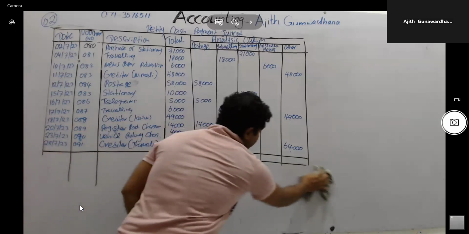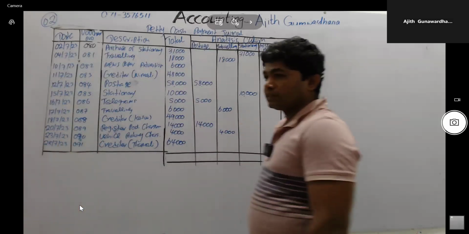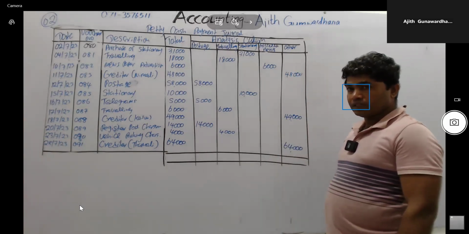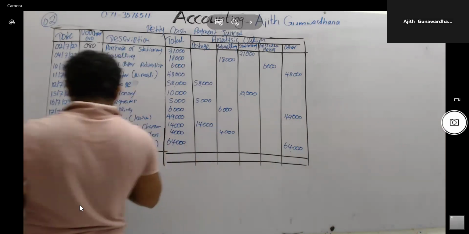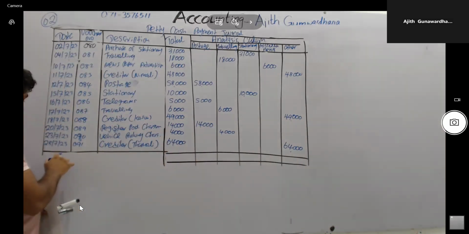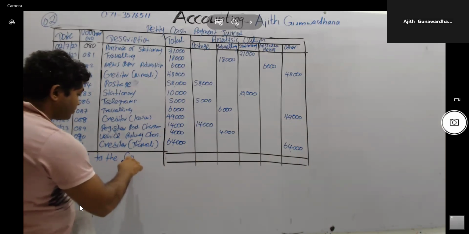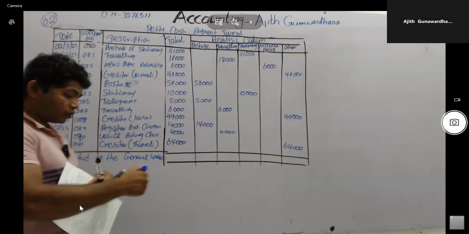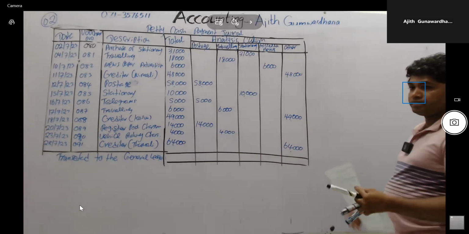Small amounts of expense paid in cash should be recorded in the petty cash payment journal. Then the total value is transferred to the general ledger and the total value is calculated also. Therefore, here it should be written as transferred. Transfer to the general ledger. Calculate the total value of each column.